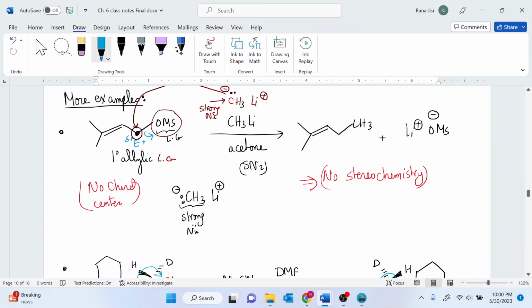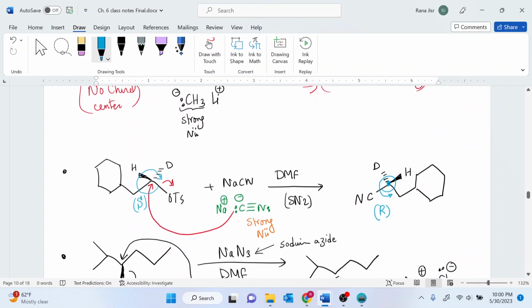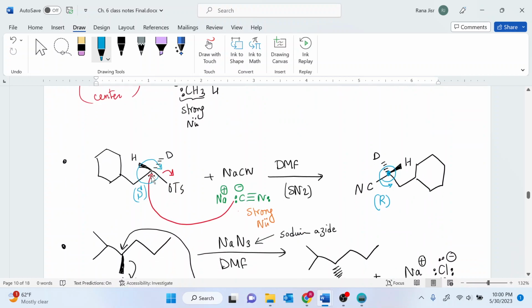It's a one-step reaction, so just create your new bond in there, and what you added is the CH3, just put the CH3. The OMs is the leaving group, and that is going to be balanced by the lithium. Whenever you see that you have a chiral center, so here I do have a chiral center, then you have to show stereochemistry, and you have to show that the reaction proceeds by